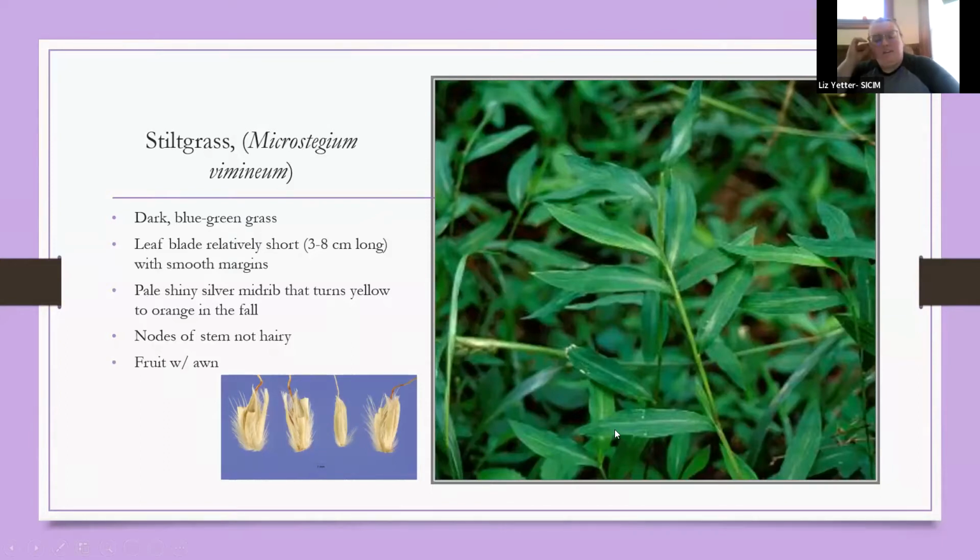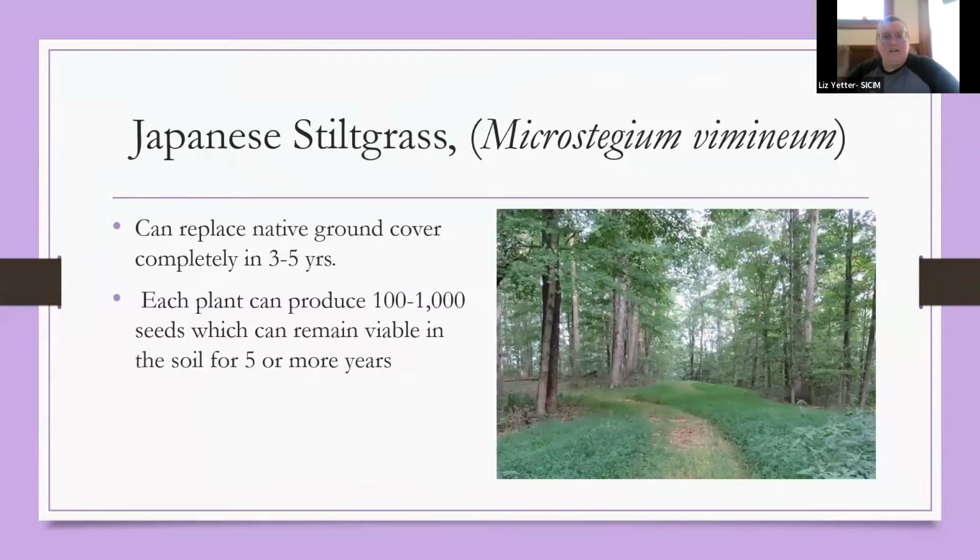And then into the later fall, it will turn kind of a yellowy orange. And then you can see down here in this other picture, a close-up of the fruit. So the seed, which grows under the stem of the grass, so if you pull up the grass, you'll see it kind of underneath it. It does not grow on top or stick up. It's got an awn, which is this little tail here at the beginning of the seed, excuse me. And that will be key in distinguishing it from some of our native grasses that we'll see here in a second. So just some more on Japanese stiltgrass.